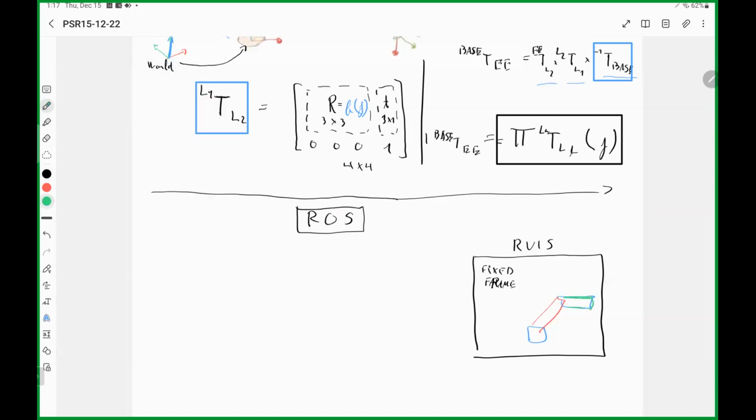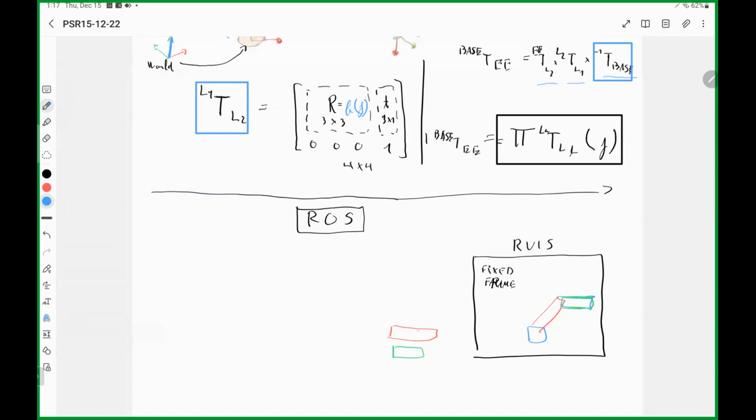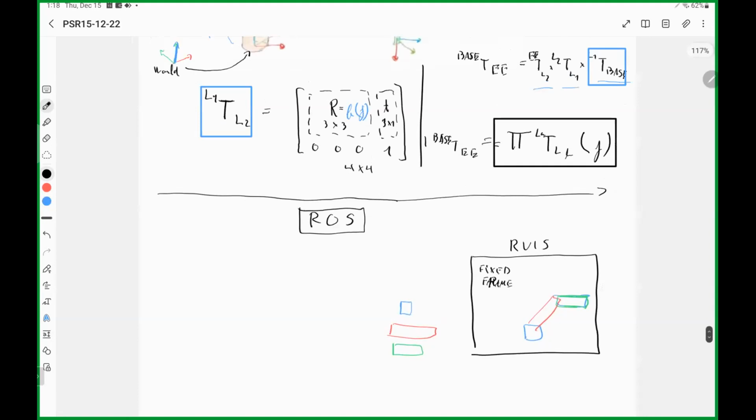So when RViz receives these bodies, let me change the color to green. Let's say that one is green. So what RViz actually receives is the green body, the red body, and the blue body. And it needs to put them into a single coordinate system. Let's say the coordinate system of the blue body. So if we select, for example, for the fixed frame, the blue,